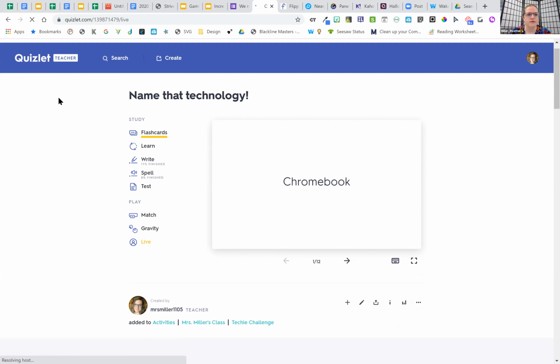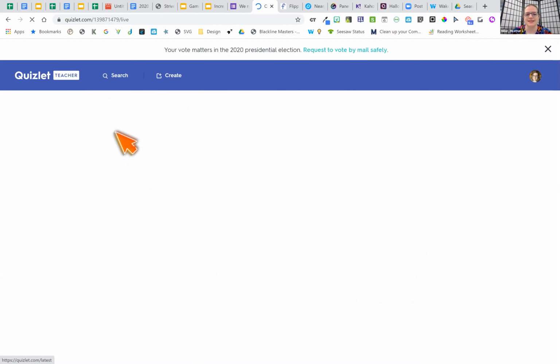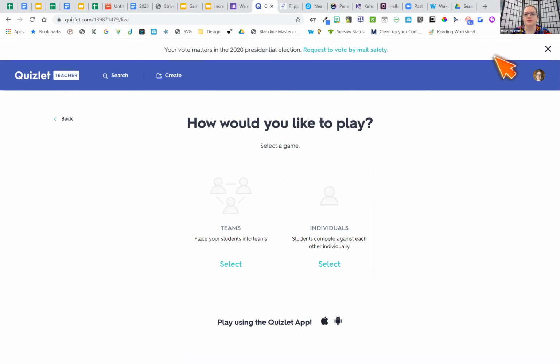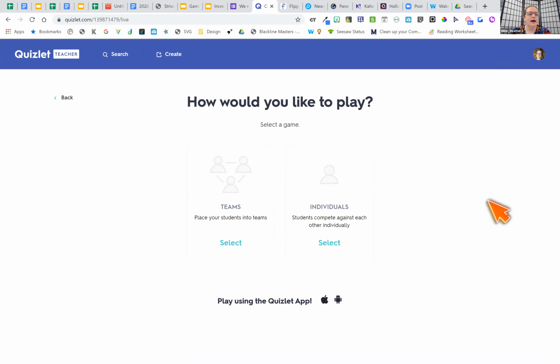So I currently have, you can see up here in the upper left, it says Quizlet Teacher. I have the paid version of Quizlet, and that's just because I was playing Quizlet so much, and the paid features were, I think, $30 a year. But I played the free version for so long that I just decided, okay, I'm going to spend that $30 and do it. But I'm going to show you what is free and what's paid, because like I said, I played the free version forever. And you can easily play all of this, what I'm doing right now, in the free version.